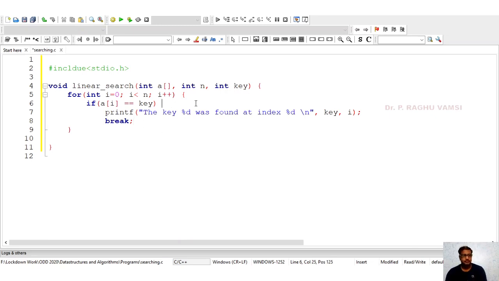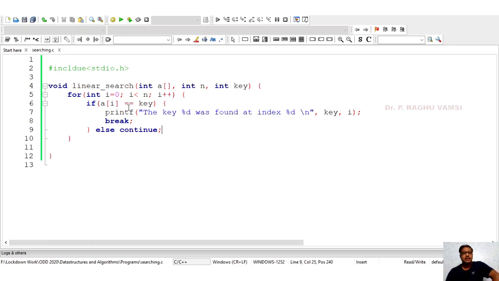So that means we are going to compare the key with each and every index value. If it didn't find, then continue.